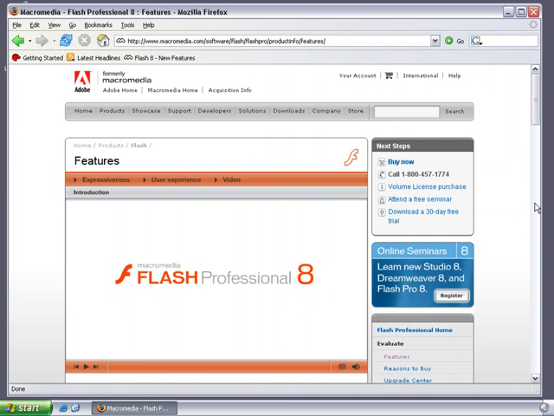If you're migrating from Flash MX 2004 or an earlier version into Flash 8, it's probably also important that you learn a lot of the new features that are available for your use now here inside of Flash 8. Instead of rattling off all those individual features, I'd recommend looking at